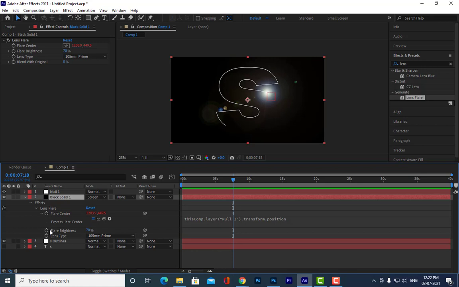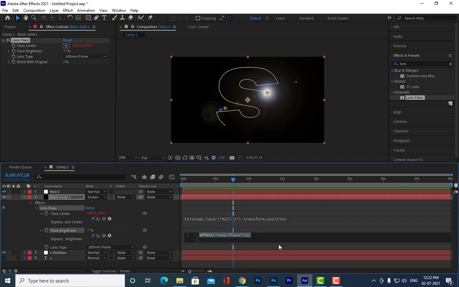How to give expression to this brightness? I am going to again alt and click on this brightness stopwatch. Able to understand, everyone? Alt and click on this brightness stopwatch, and here I am going to type a value.